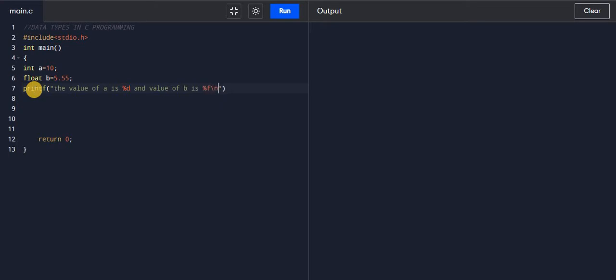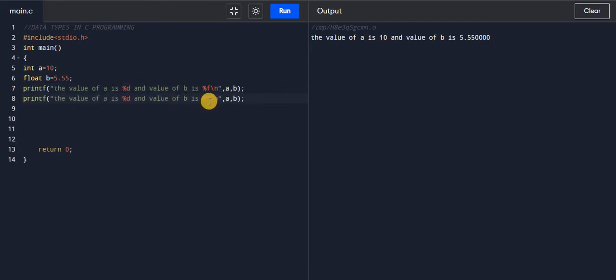Next line, and then I have to give the variable names, integer a, floating point b. If I print this, you will get a value of a is 10 and value of b is floating point 5.55.